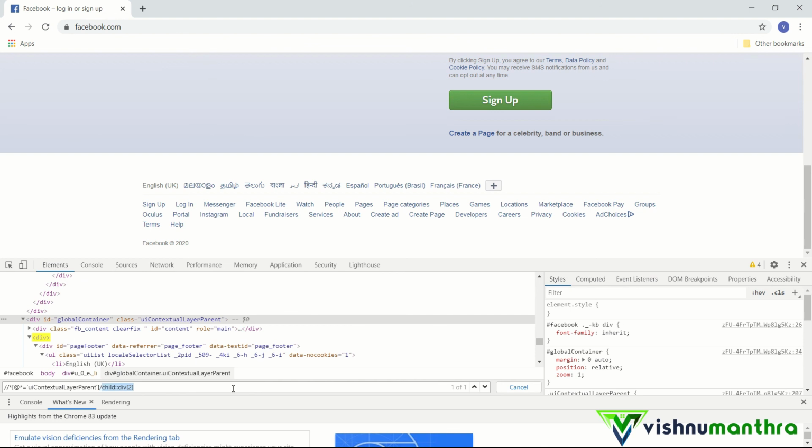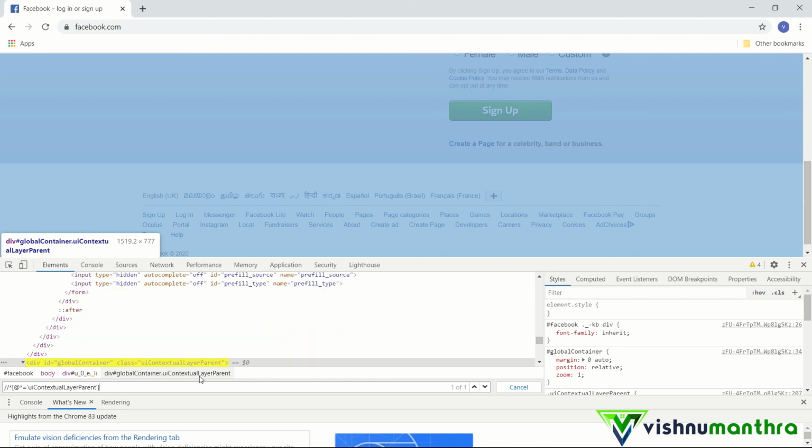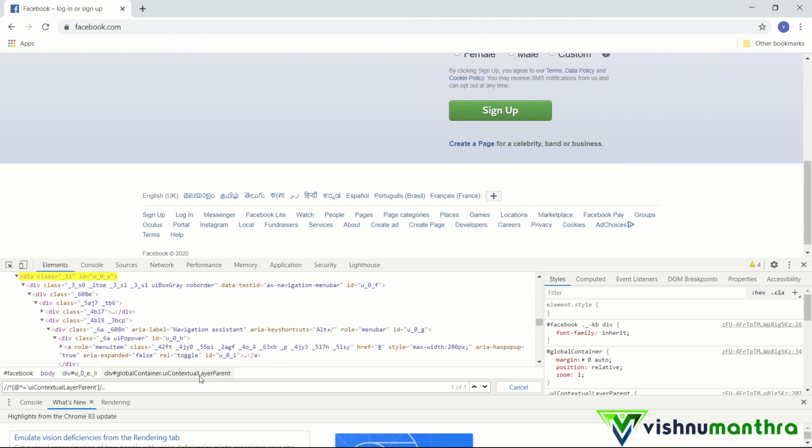I can just give parent and div, right? It came to the parent. Instead of parent, I can give double dots, then it will come to the parent. See, it came to the parent. I don't have to use parent and scope resolution. I can simply give two dots and it will come to the parent.